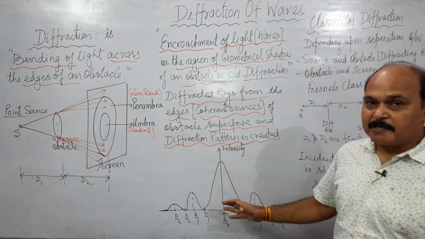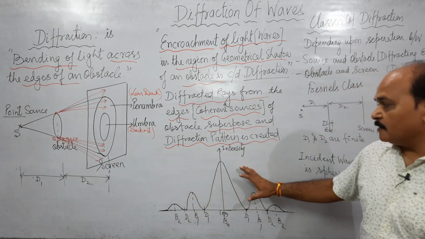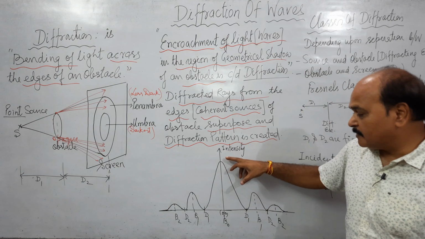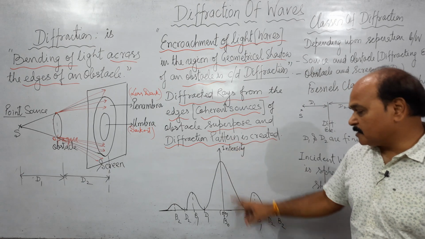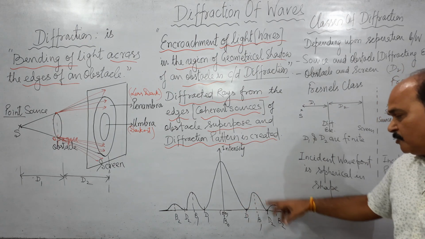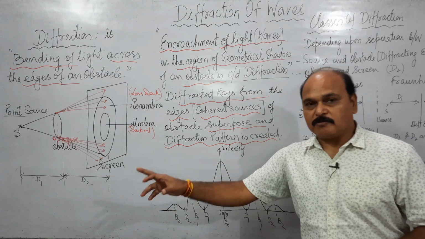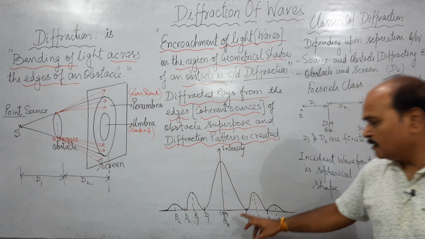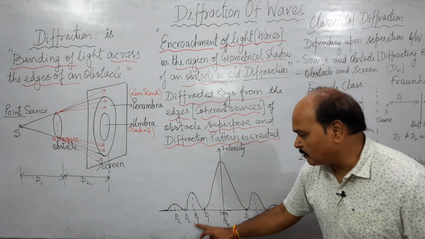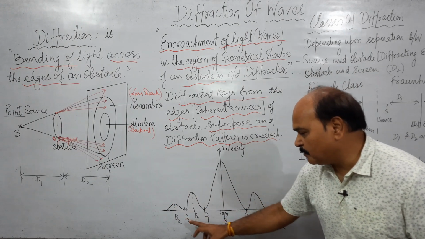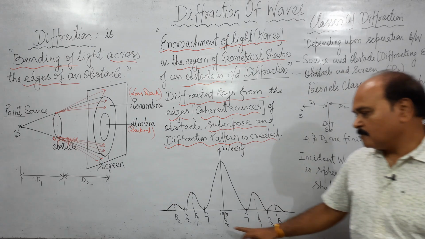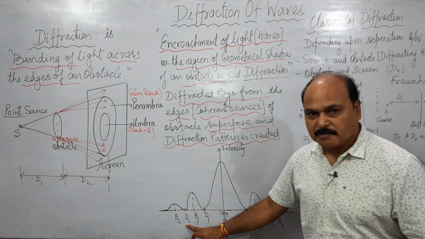But here is a graphical representation of the diffraction pattern. We have the intensity; this is central maxima. Central maxima has maximum intensity, and the intensity of higher order maximas decreases very rapidly to 0. This is central bright band, this is first bright band, this is second bright band, this is first bright band on the other side, and second bright band. In between these bright bands, we have dark band number 1, dark band number 2, dark band number 1 this side, and dark band number 2 this side.